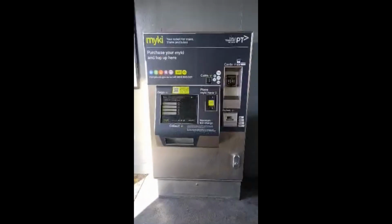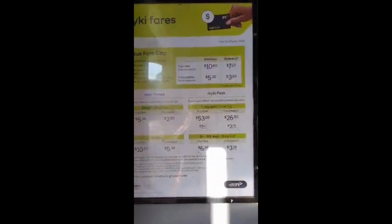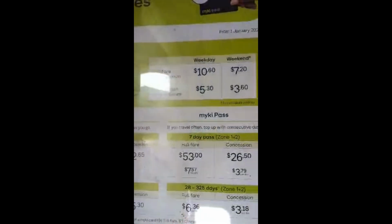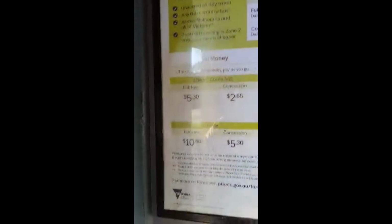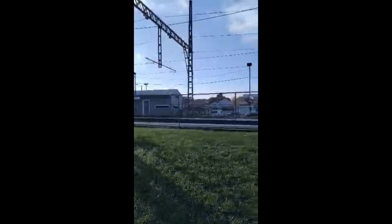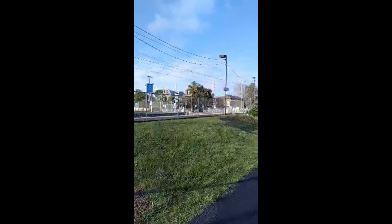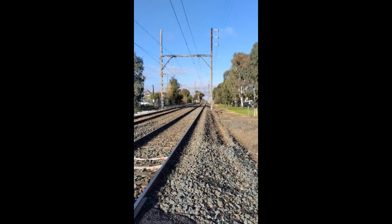You basically buy this plastic card and top it up with money to pay for your travel on buses, trains, and trams in Melbourne. It's $10.60 for one day of travel if you're paying full fare, and it's $5.30 for people who have a concession card. That means unemployed people are paying around $37 a week if they travel every day for shopping, school, medical appointments,